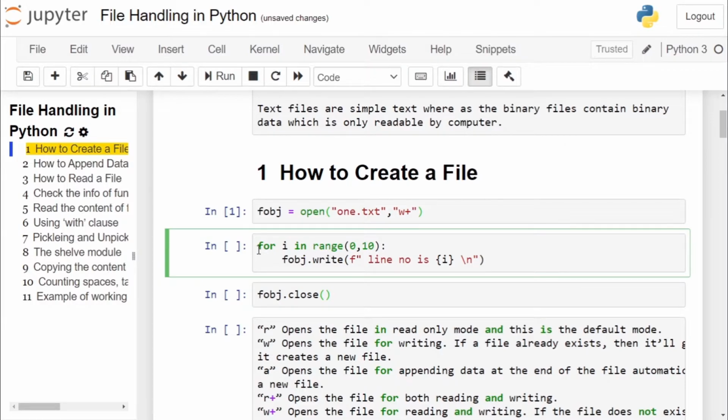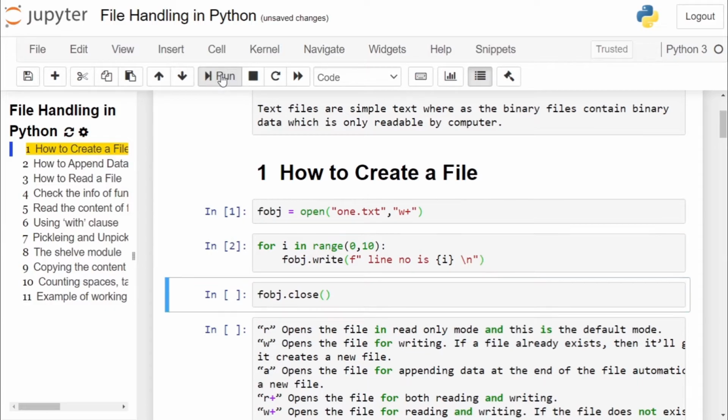So this for loop, for i in range 0 to 10, will run from 0 to 9, using the file object. It will write some content into the file, and that content is "line number", the value of the variable i, and backslash n. Click on the cell, run the cell.